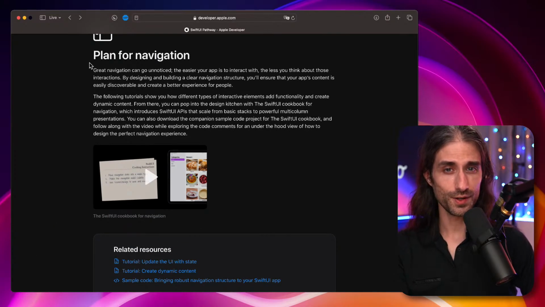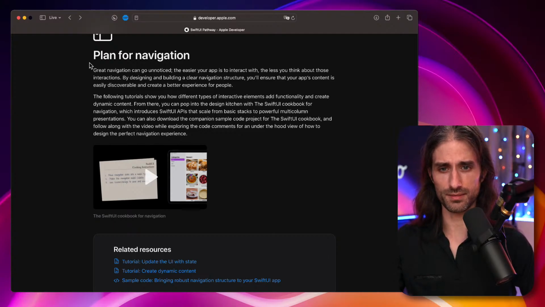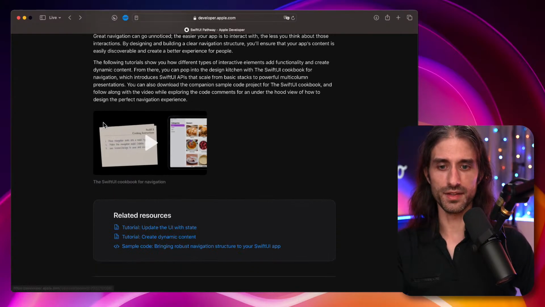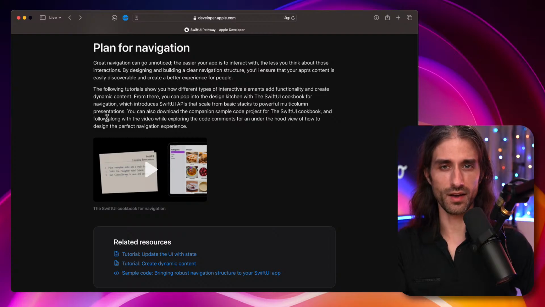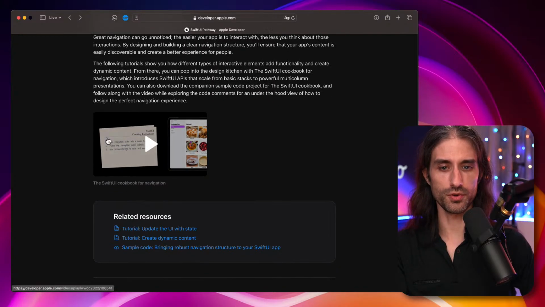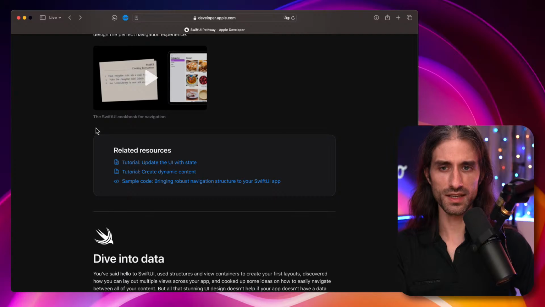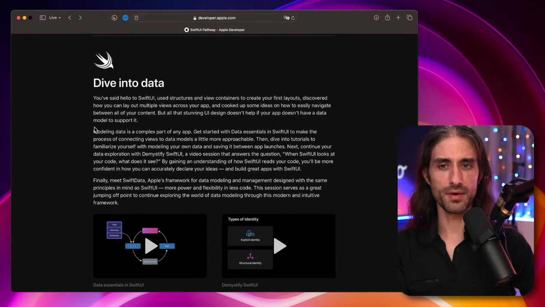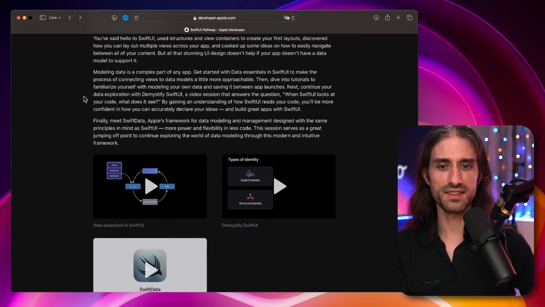Then navigation. How do you navigate inside the app? How do you navigate in a way that makes sense for the user, that is intuitive? You need to think about it because the navigation is kind of the outline of your app. You could make the argument that the navigation is the hierarchy of the app, the outline of the app. So it's super important to get it right. There are some rules for that, and also some best practices from the technical point of view. So here you have resources to learn more about that, and then diving into the data part.